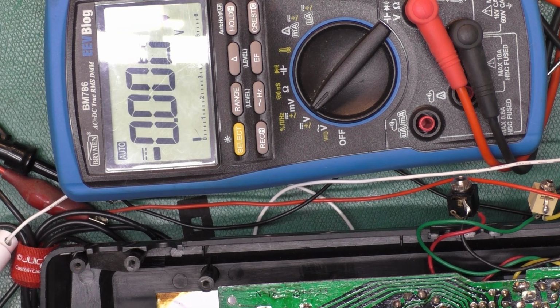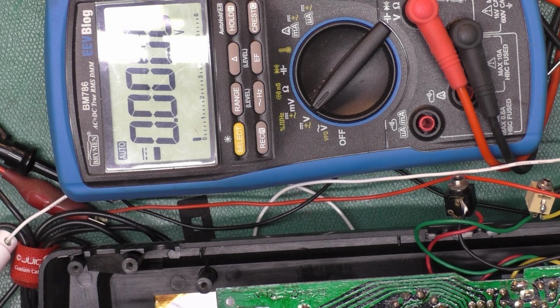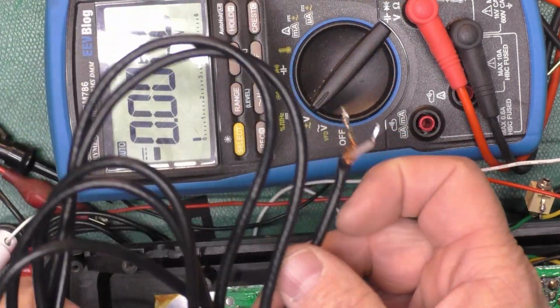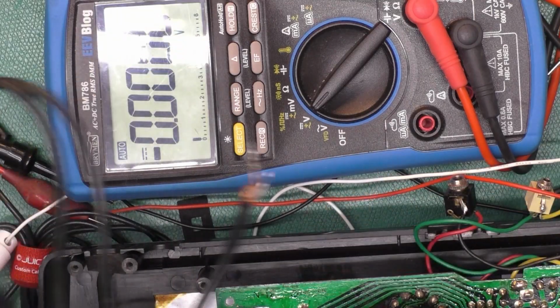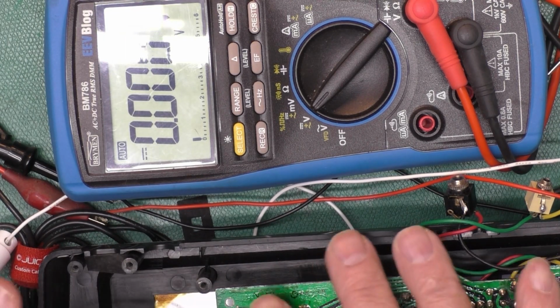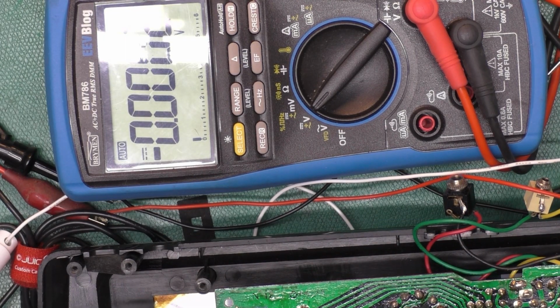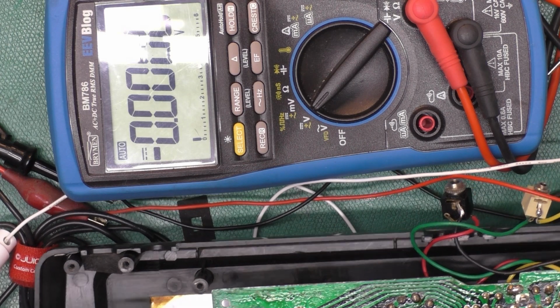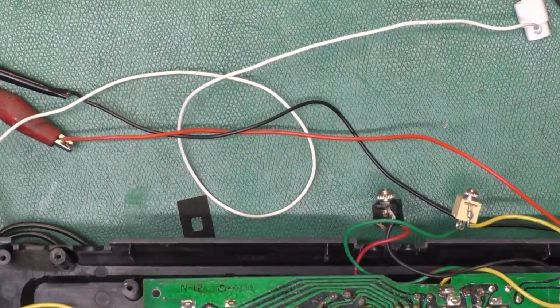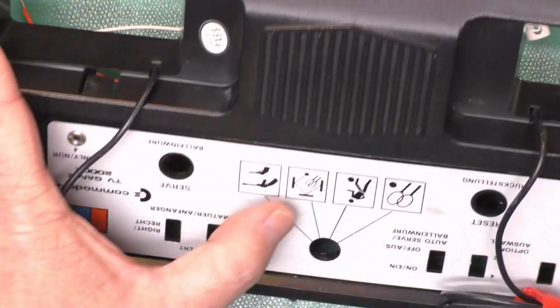So as you can see, this thing's beeping away, so it's running, doing something, and the owner sent the original cable that was used for the RF. It's got an RCA plug on it. It's a 75 ohm cable, which is the same as for composite video, so that'll do the job. Need to figure out how to mount this in here and get the capacitor in there and secured, that type of thing. And the one other thing I think we might want to take care of before we put this all back together is this